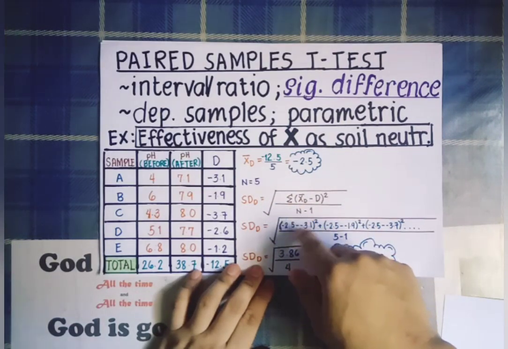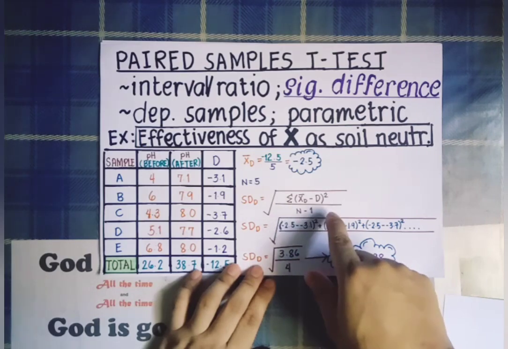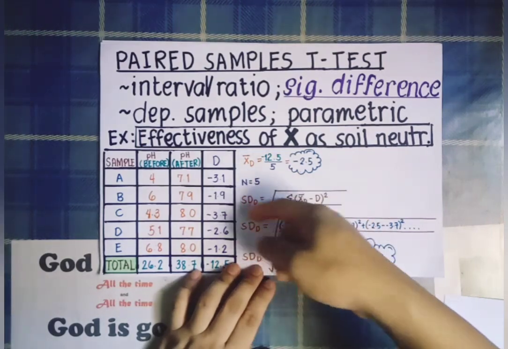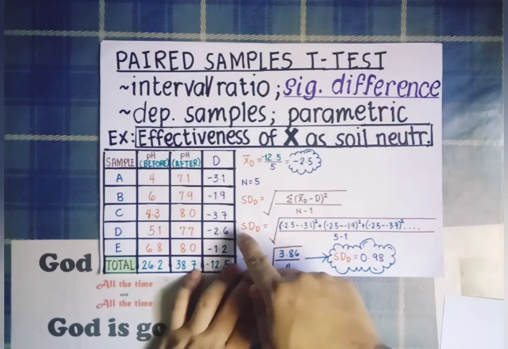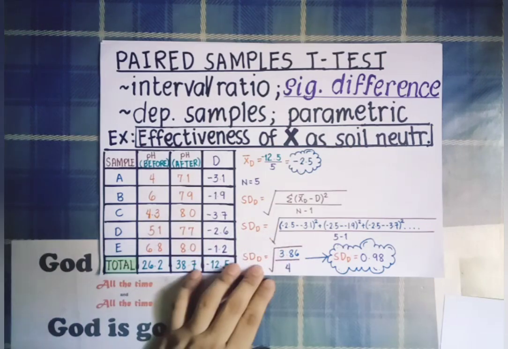N is our sample size, which is 5 minus 1. So by plugging in all the data that we have here, the standard deviation for the difference is equal to